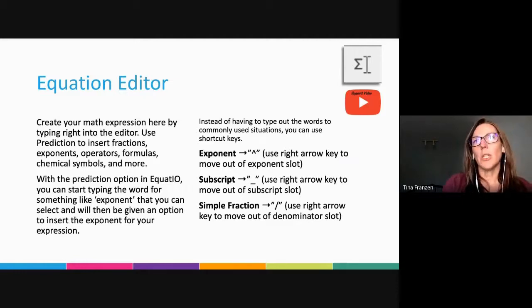Okay, the equation editor. So what I'm going to do is quickly talk about those tools that were there, so then we'll have an opportunity to dig into those tools and how they work. So the equation editor, for any time you've ever typed out a math equation, this is basically where you're going to type it. And with the prediction piece that I mentioned earlier, what's really sweet is, for example,